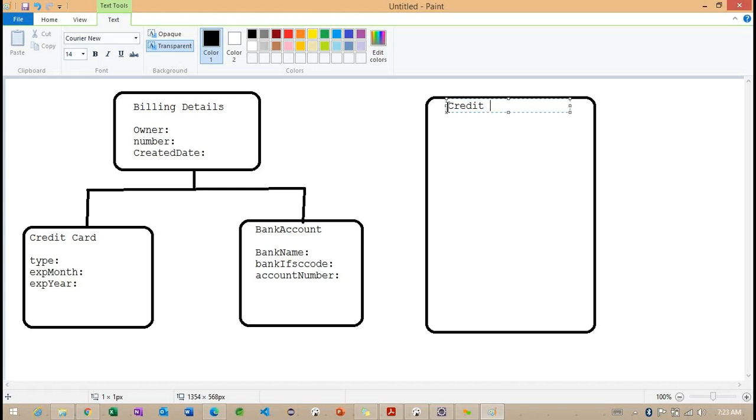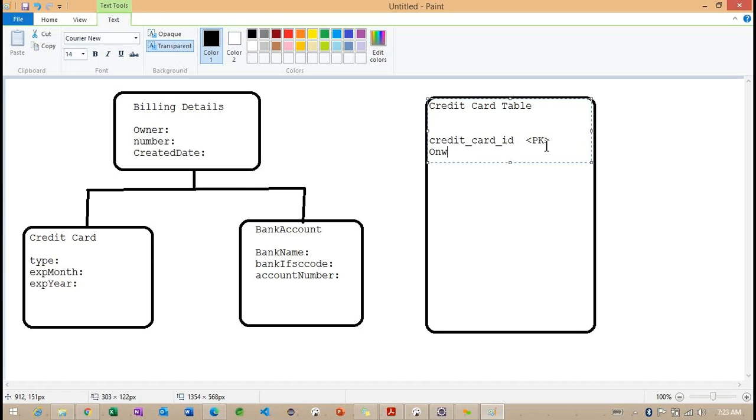I'm trying to work with the table here. These are the three classes, and this is the credit card table. Inside this credit card table, we need to understand the credit card ID. It's going to play a very important role, that is called the primary key. Getting the point? This will hold the primary key information.